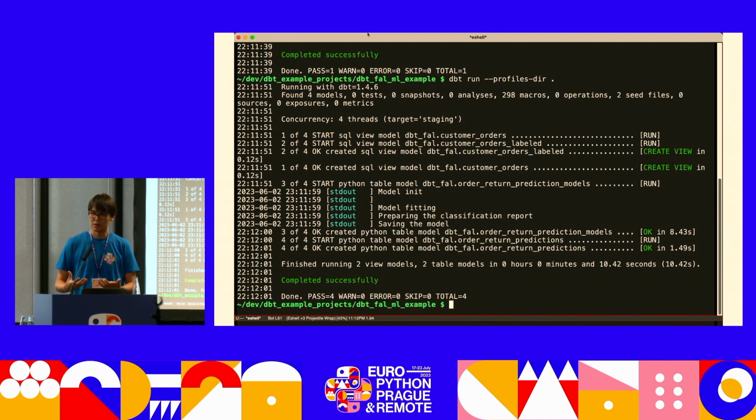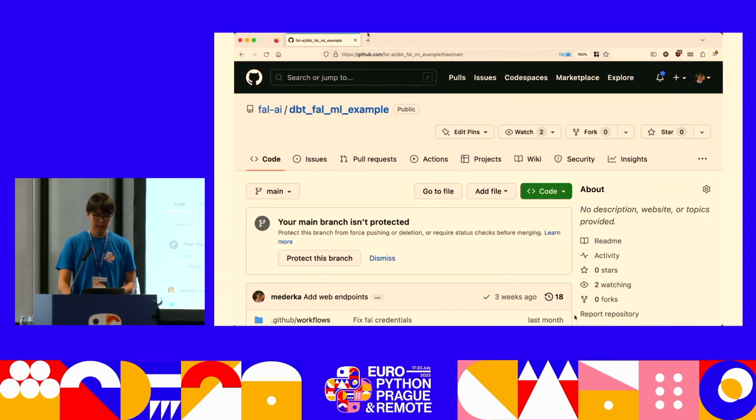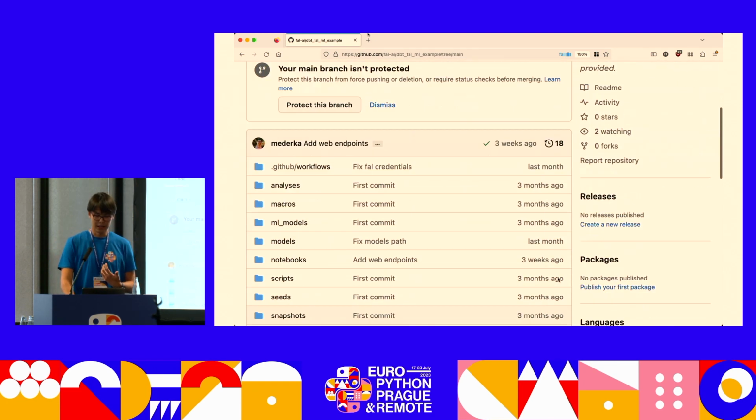Okay, so now it's time. Now I have an end-to-end pipeline. It's time to deploy it somewhere so that it runs regularly without me having to press a button. And for this, my favorite tool is actually GitHub Actions. And in GitHub Actions,